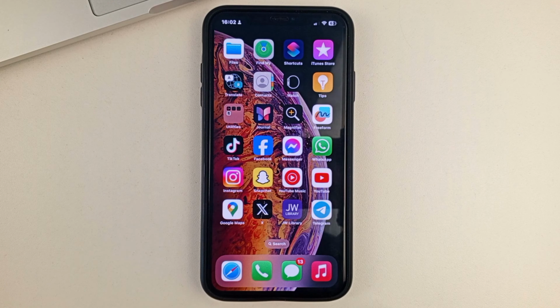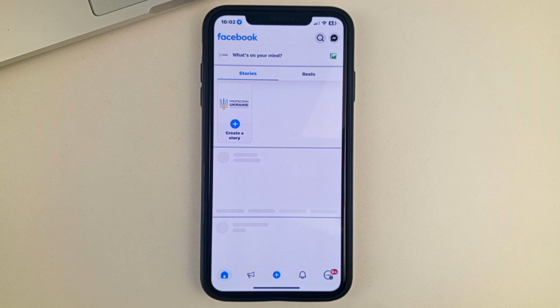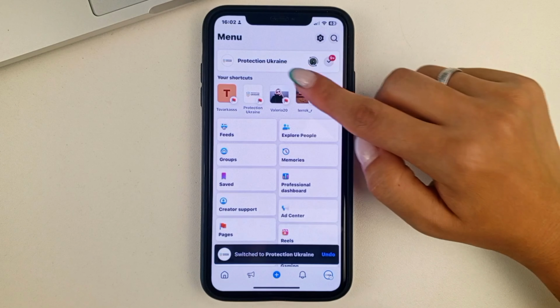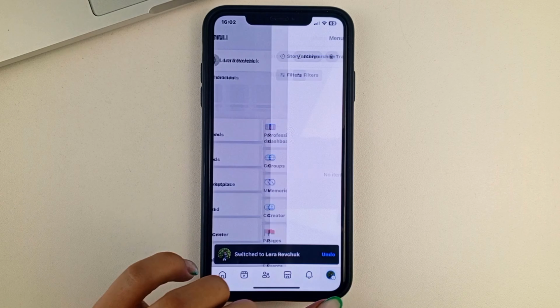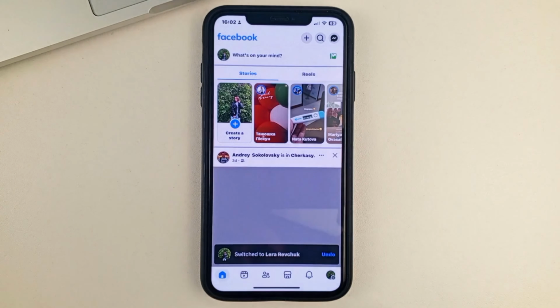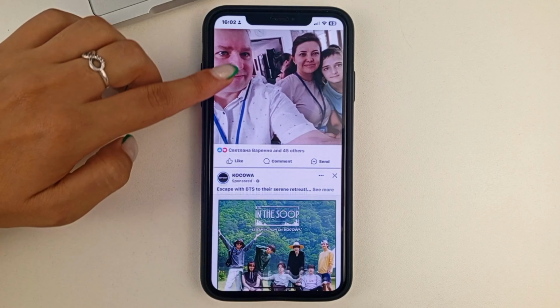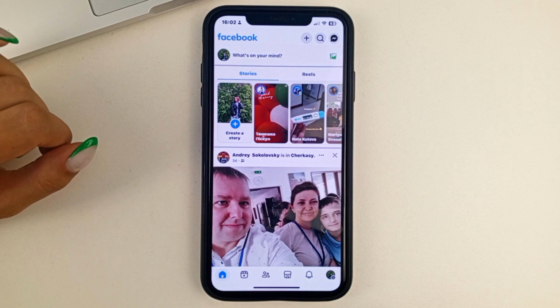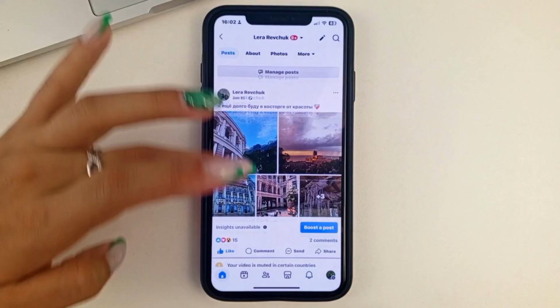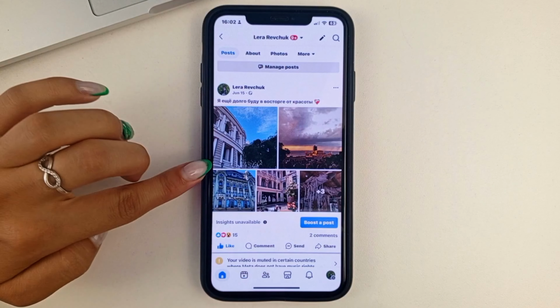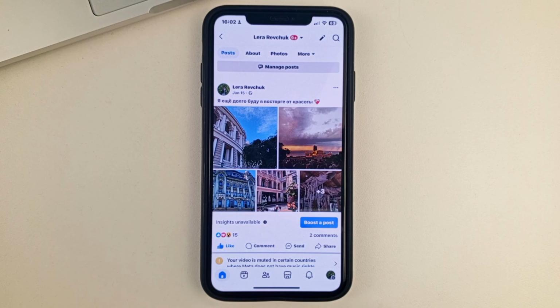from your subscribers. So friends, let's get to our topic. First of all, please open the Facebook app on your phone. After that, you will need to open your profile and go to your page. Now I'm going to show you from the very beginning. So when you open Facebook and you get to the main page, you need to go to your page. After that, let's say you find a post that you would like to hide from people for whatever reason.